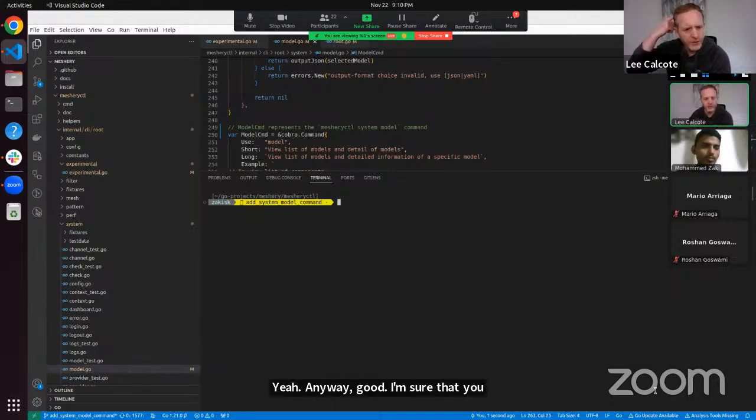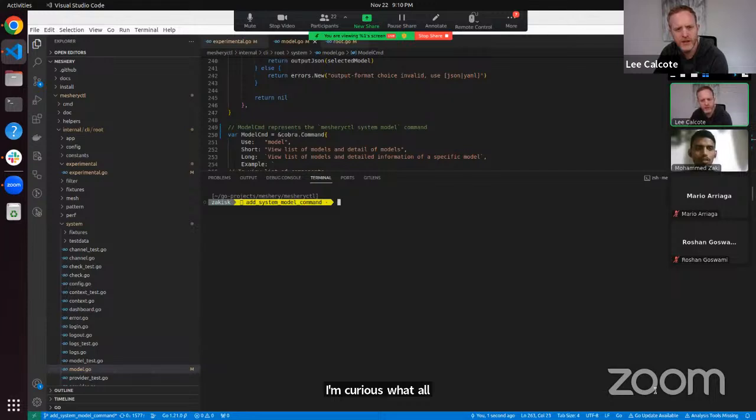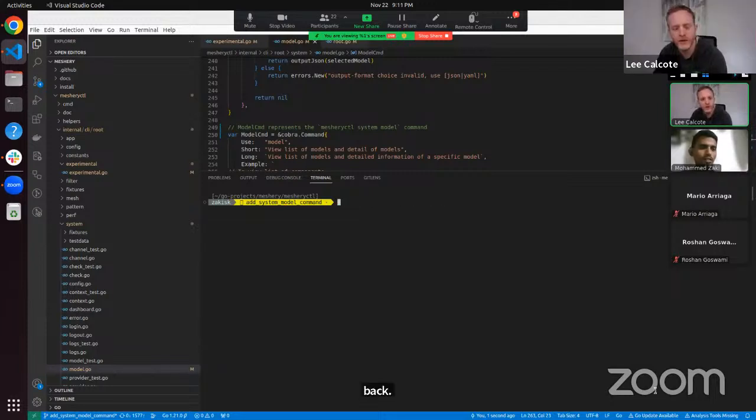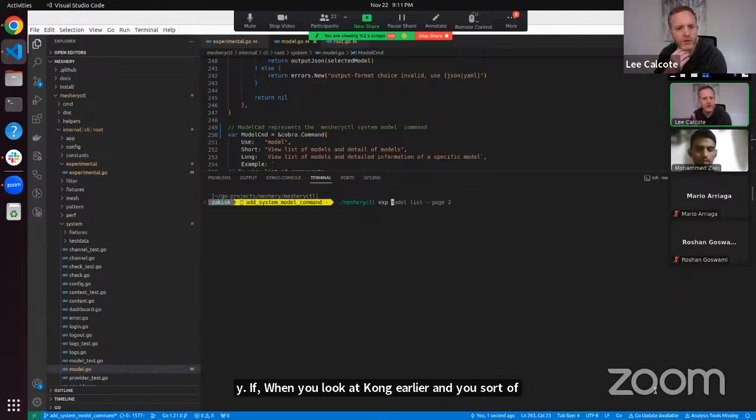I'm curious, if you were to do a search for the term AWS, what components or models come back? I didn't implement search functionality in this. Oh, I see. When you looked at Kong earlier and showed the details of Kong, if you had misspelled Kong, what might be the behavior?